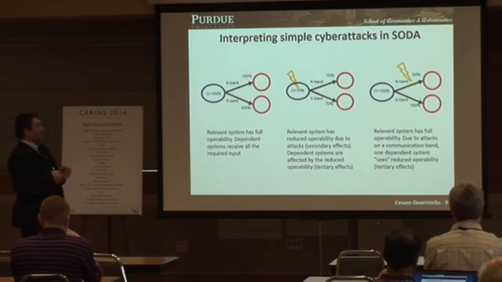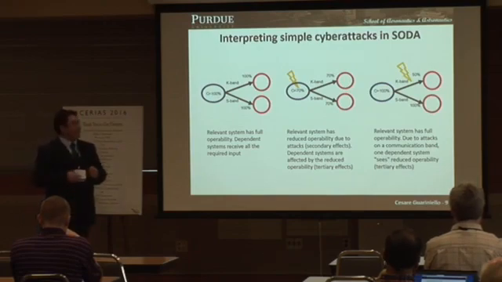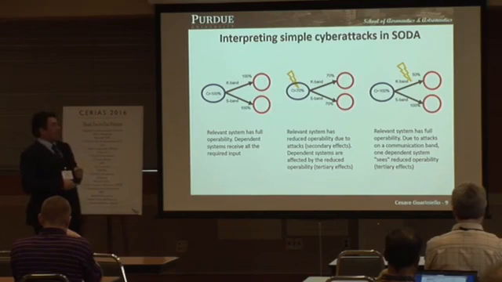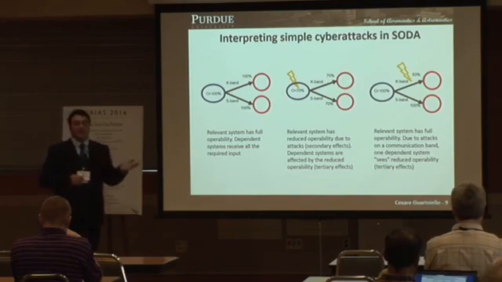Or something can happen at the interstitial. It can be a disruption, it can be an attack. And the result is that this system will still have its 100% operability, but then it won't be able to communicate the required input, for example, in this 1K band. So one system will see the 100% of the required input. The other will see only 50%.